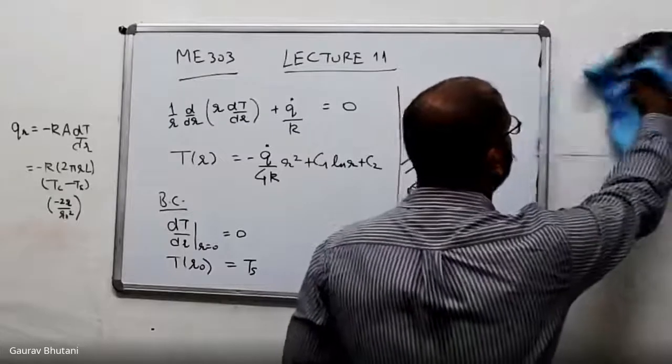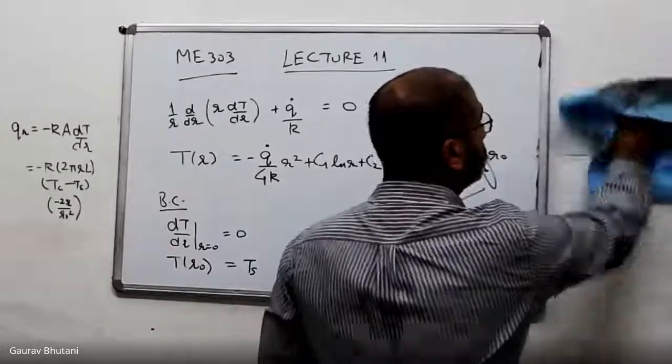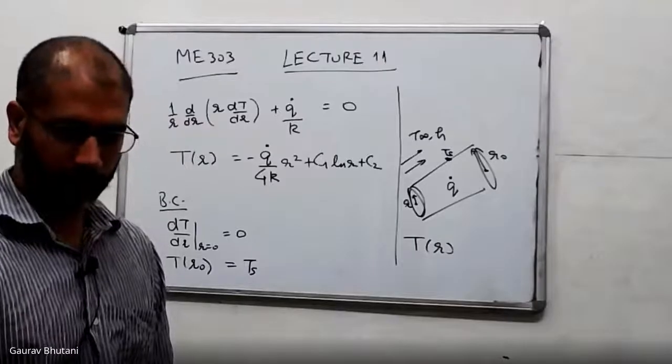Sir, in the last annular example that we had taken, where there was no heat generation, in that case, the final expression was in log, so we cannot use the inner radius as zero because of the annularity. Why is it so? It doesn't make sense. Like we can have a temperature constant at a center, and why can't we analyze that?